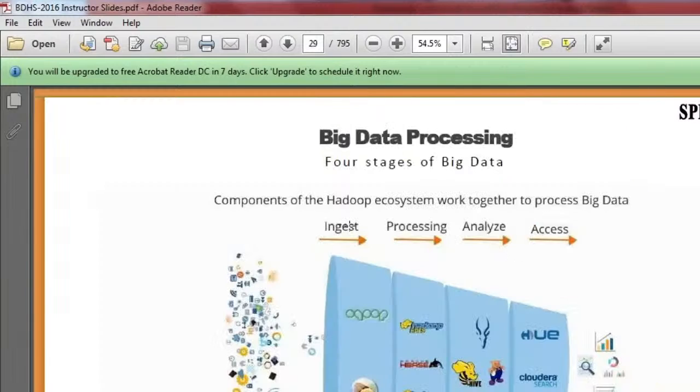But these are the four steps. Ingestion is the first step, then you process, analyze, and access the data as the output. Access is nothing but exposing your data for different use cases. That could be some data science initiative, some analytical use cases, some reporting, some visualization,